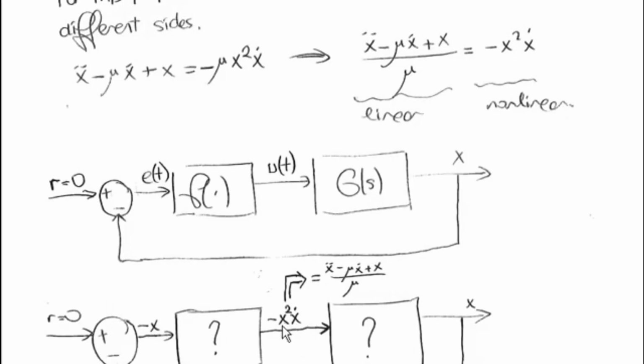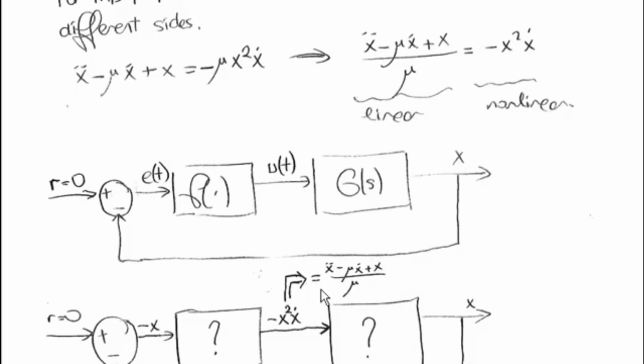So I would like to make this the right hand side of the nonlinear element f here by my nonlinear terms here in the equation. And I know that these nonlinear terms should be equal to the left hand side,